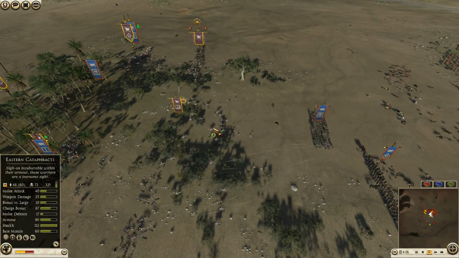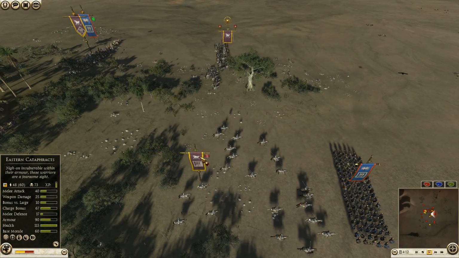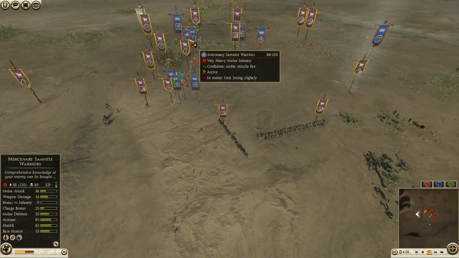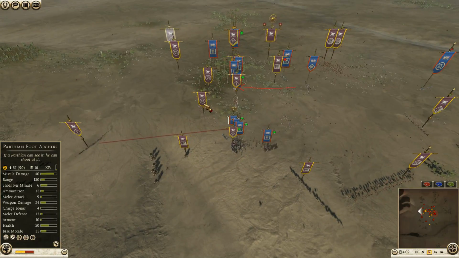Ooh, and nice jabs by the through spears into the eastern cataphracts. Cataphracts are now gonna be super fatigued. They will be very slow. They just need to continue going for rear charges into these Samnites, though. That's what they need to do right now, because otherwise the Samnites will grind it out very well against Parthian